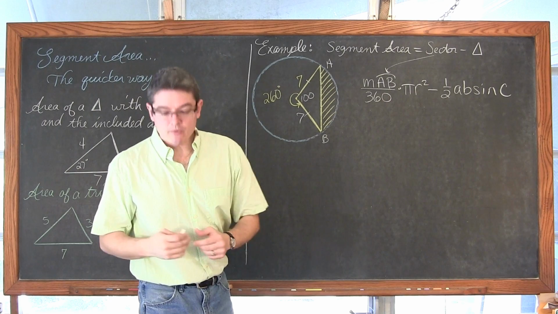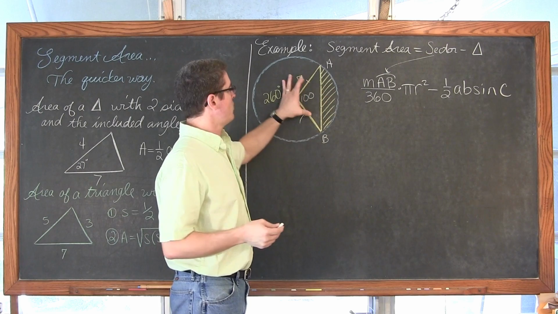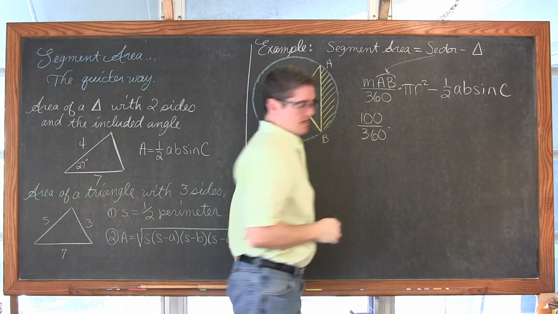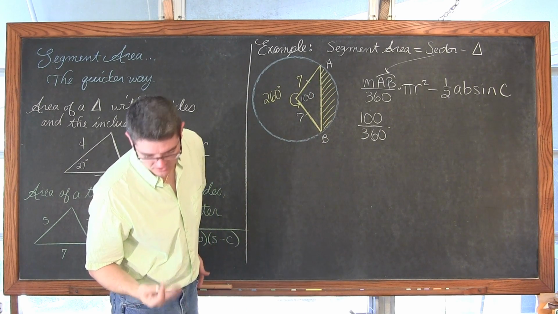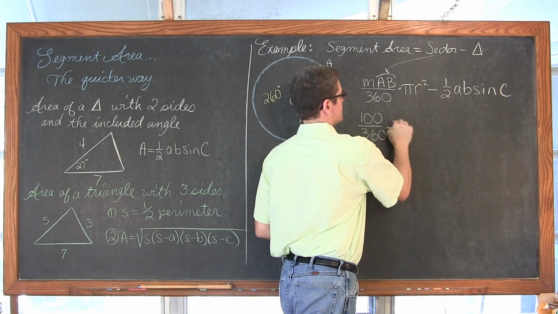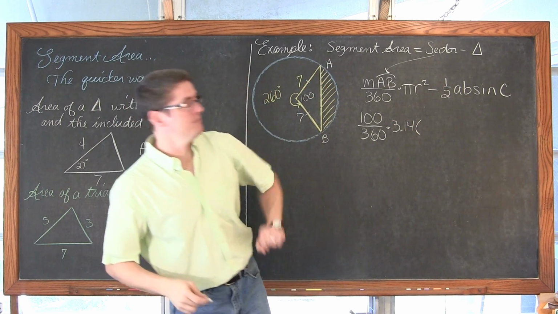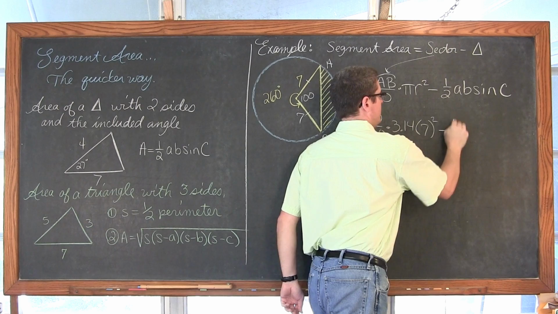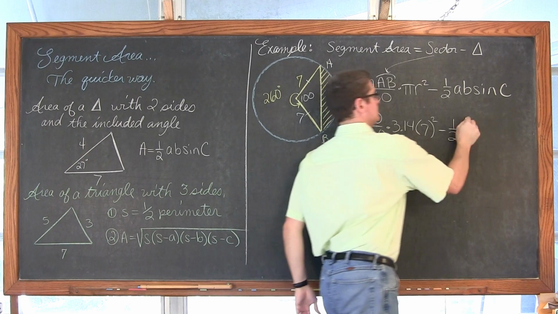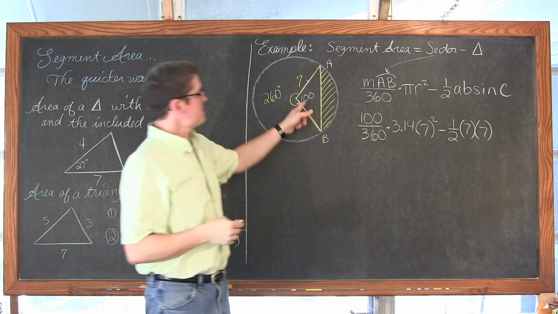Well, let's plug in the numbers, and I will need to refer to my notes because this is going to come out of the calculator. The part of our circle we're concerned with is the 100 degrees out of the 360, times, and I don't think I did any of this in exact form. No, I didn't. So it's going to be 100 divided by 360 times 3.14 times our radius, which is 7 squared, minus 1/2 our sides that include the angle. They're both 7. I could write 7 squared, but keeping it exactly how that formula is written, times the sine of 100.